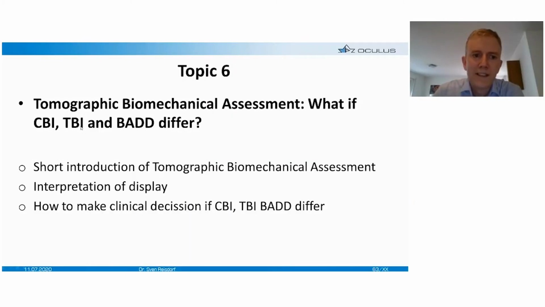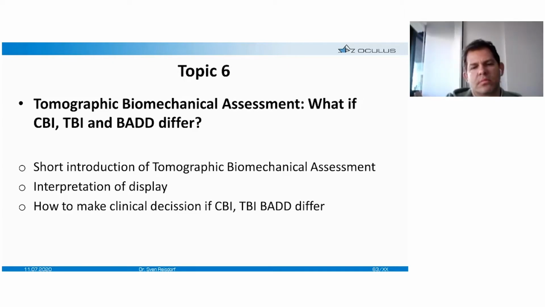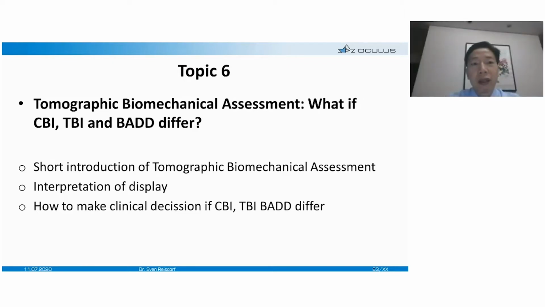Now you were discussing already that, of course, not all indices might give you the same answer. So what happens if CBI, TBI, and BADD differ? Professor Zhou, you mentioned already that in this case you put the most value on the TBI, right? Yes. When the tomography biomechanical estimates, the CBI, TBI, and BADD, differ,